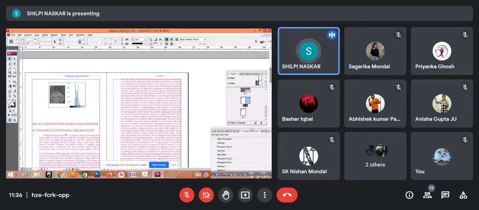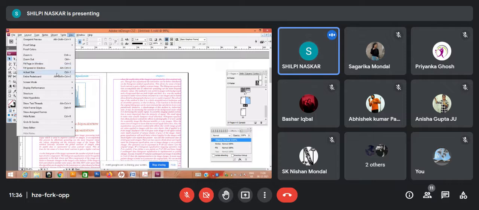Before saving into PDF, or before converting to .indd native file format, you have to relink the images or the elements which are being used here